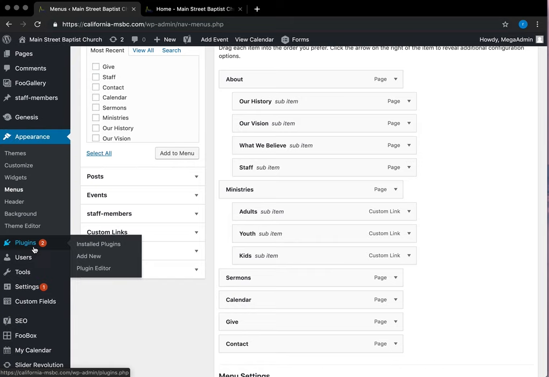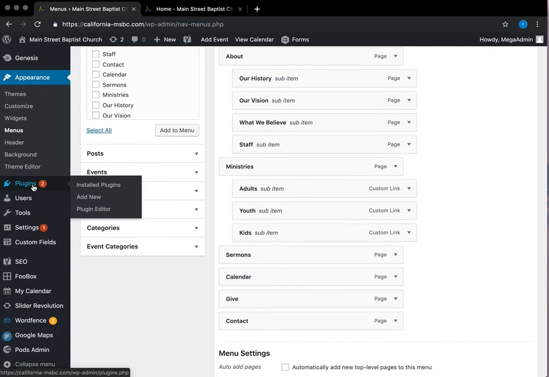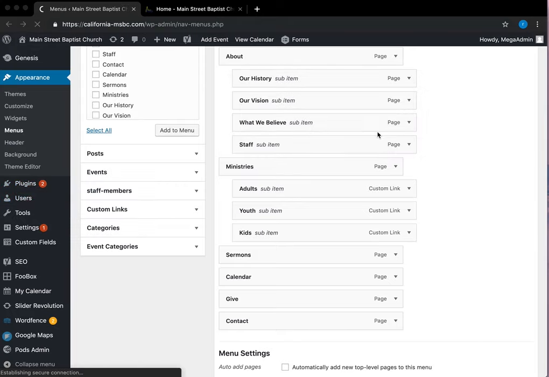Plugins, we talked about making updates using the dashboard. You can do the same thing on plugins. Adding new users